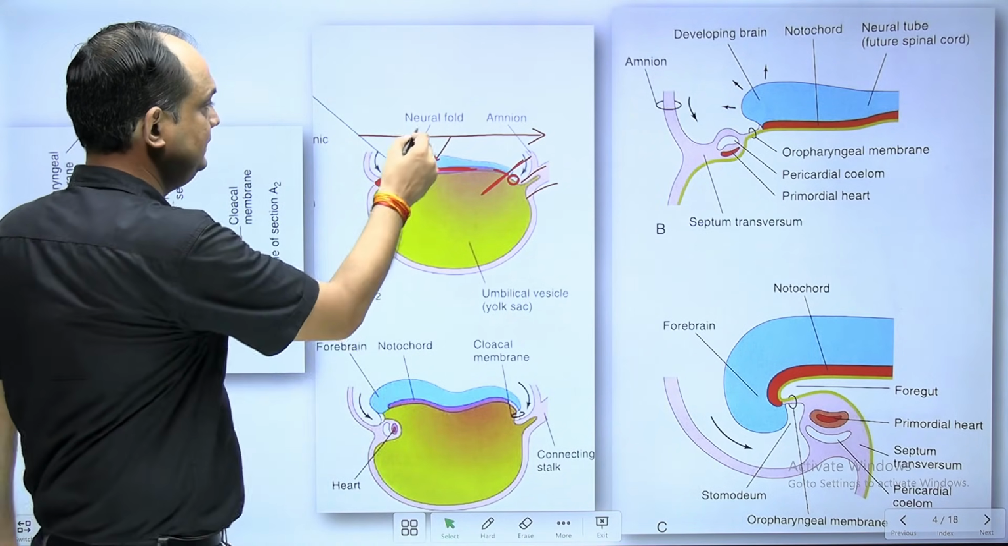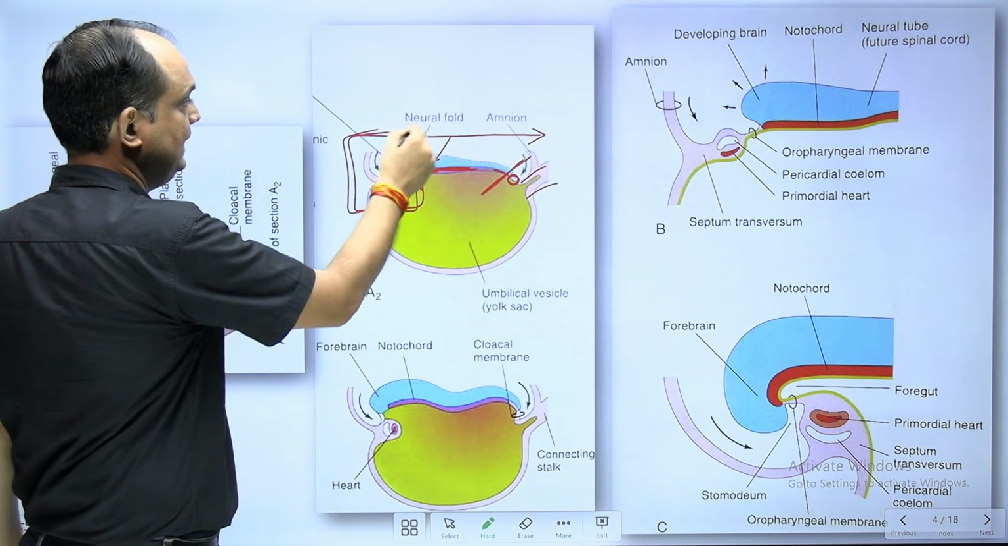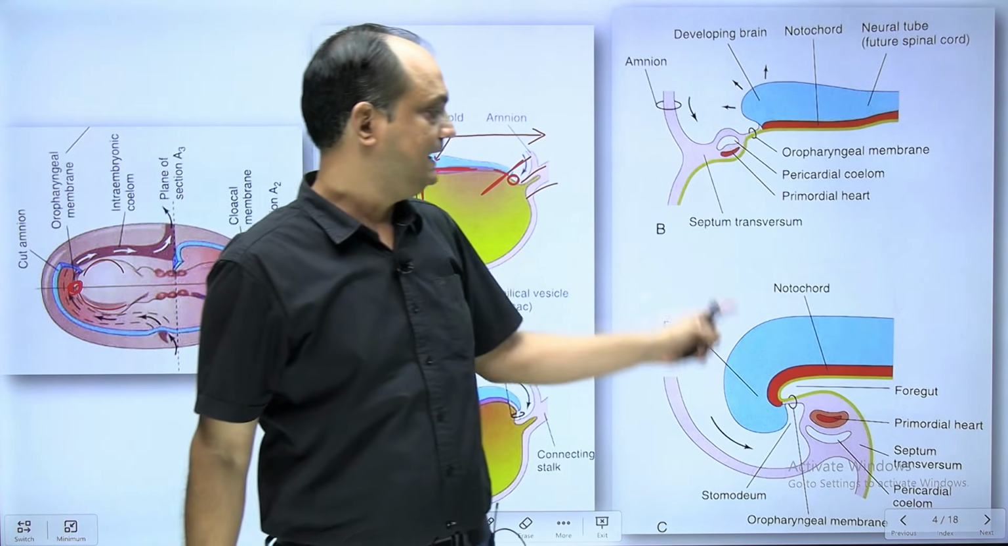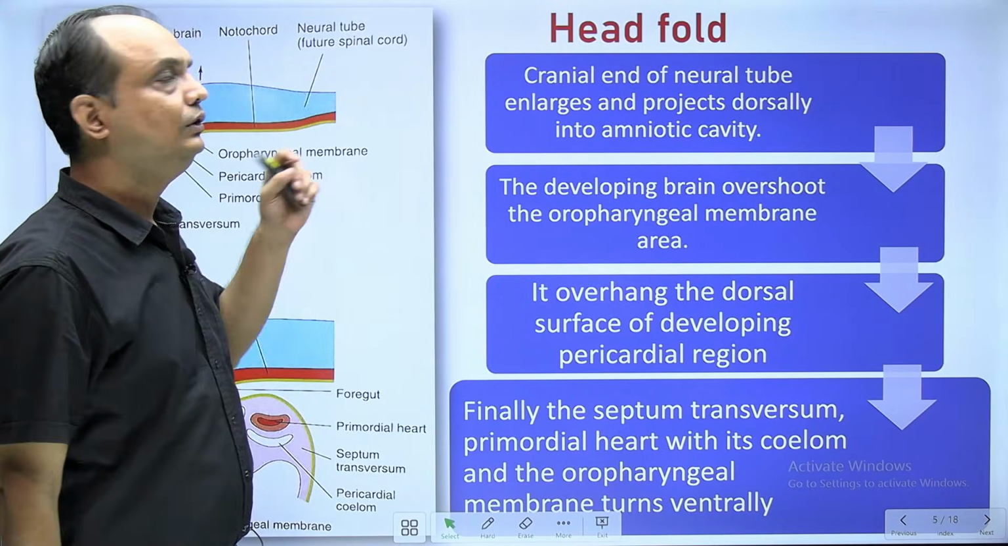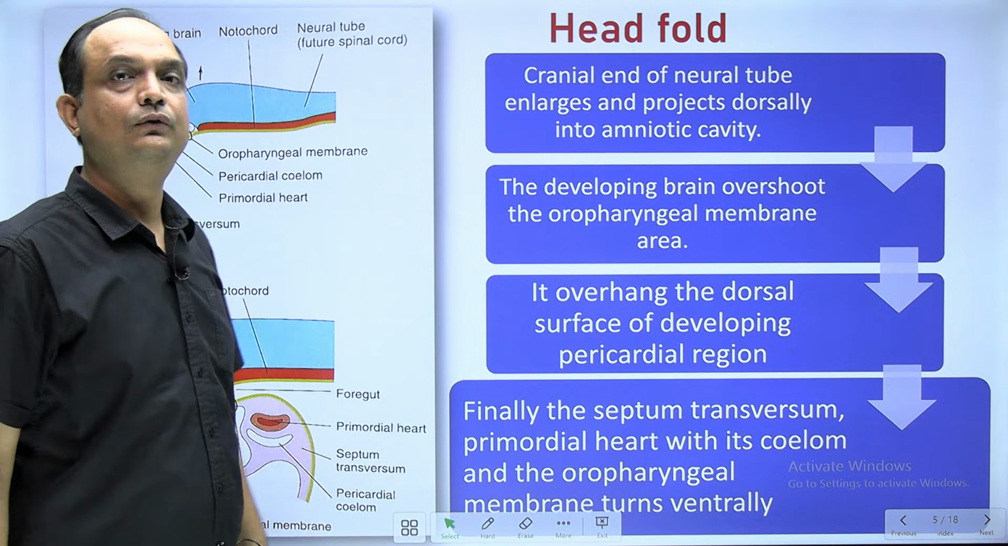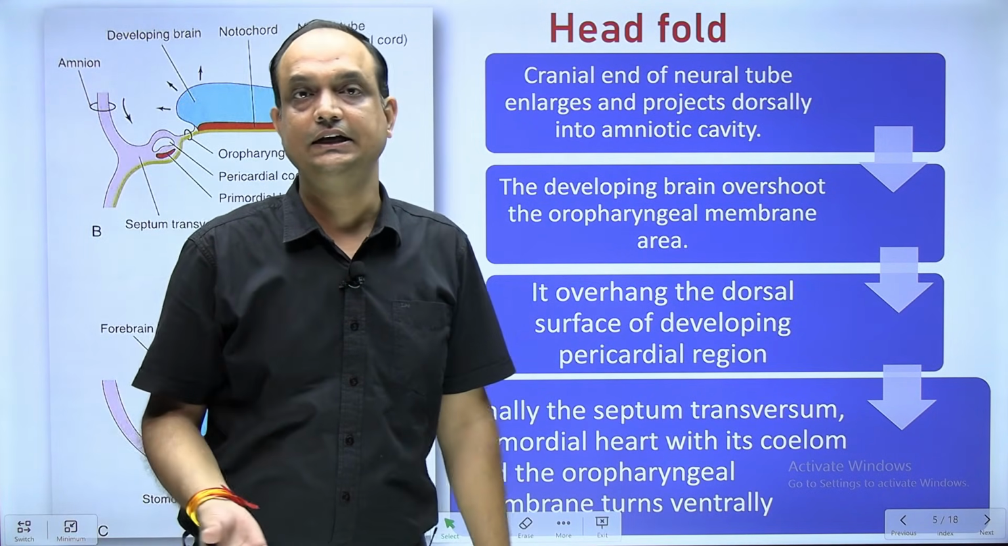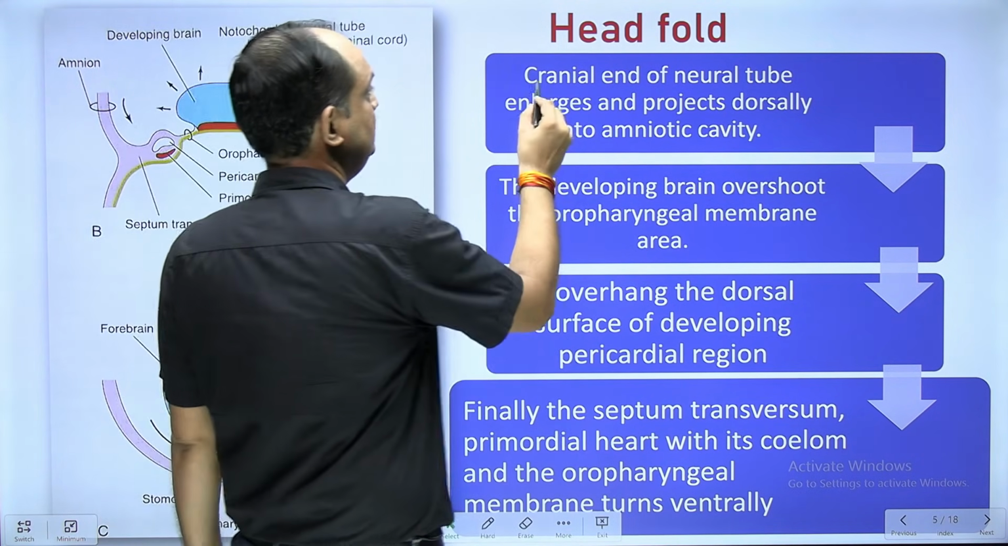Now, first we will discuss this area, that is your anterior region. So, this is an enlarged view of the anterior region that we will discuss now. So, what is head fold? Head fold is the fold which is seen in the cranial end, and what is happening actually is that near the